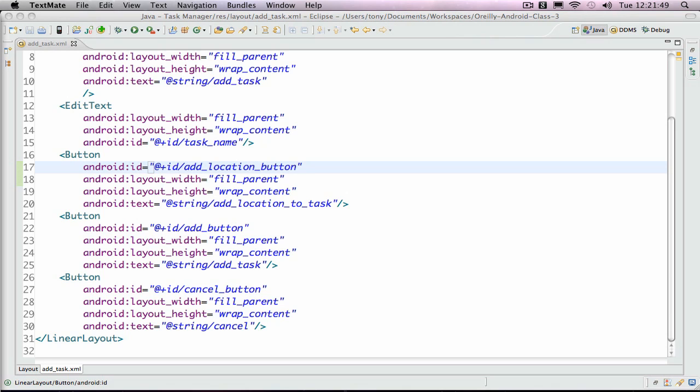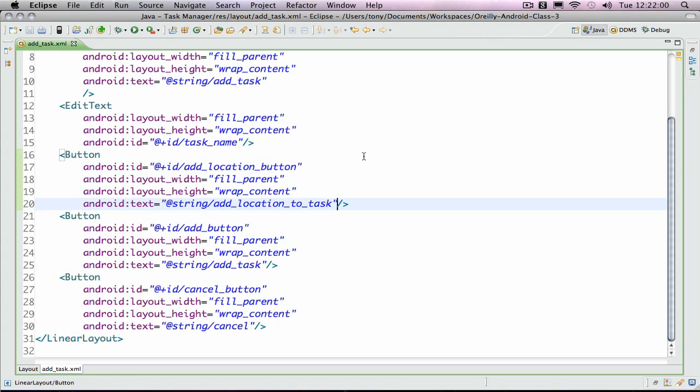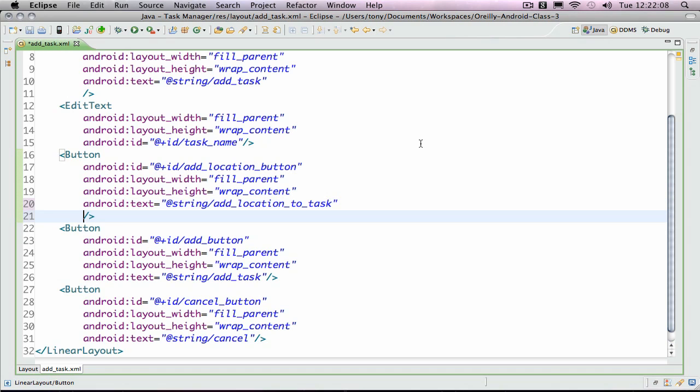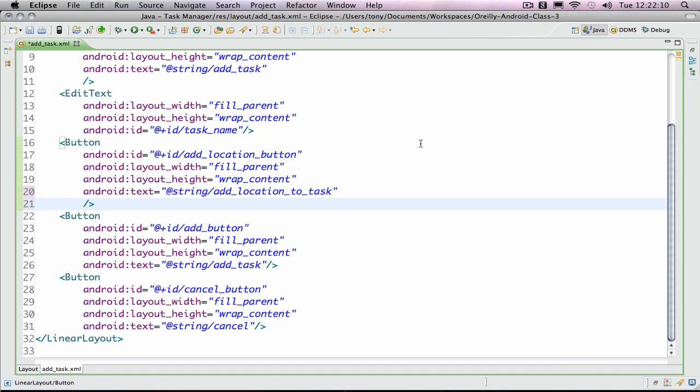So on the add task activity, what we're going to do is add a function that you will call from this button, and you can declare which function you want to call right on the button instead of setting up a click listener on the button inside the activity, which is a little more verbose because you have to create an anonymous class and all that kind of stuff, a view on click listener,